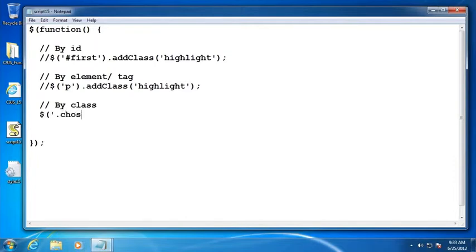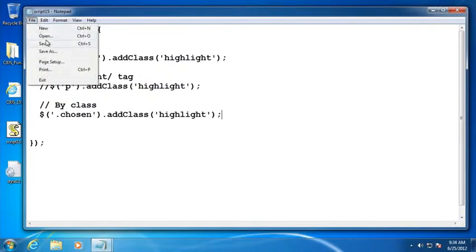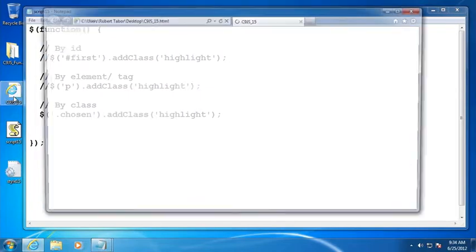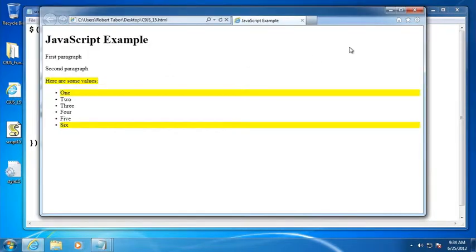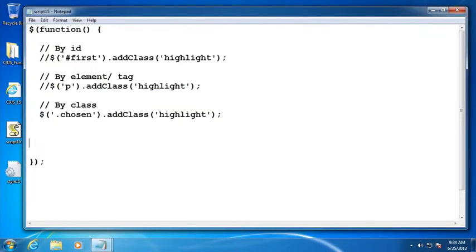And so we have that chosen class that I've applied to several different list items and a paragraph, or a span, forget which. We'll find out here in a second. Okay, there we go. All right, so now let's take a look at some slightly more advanced cases. For example,